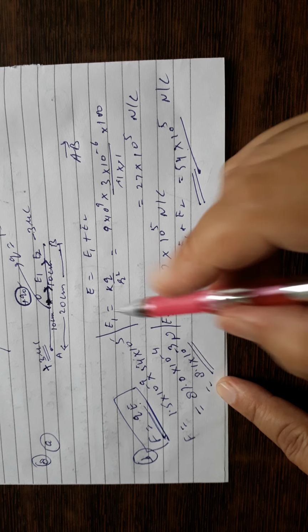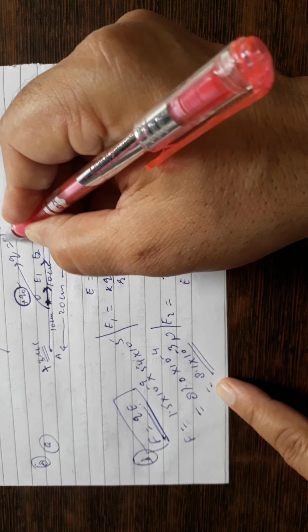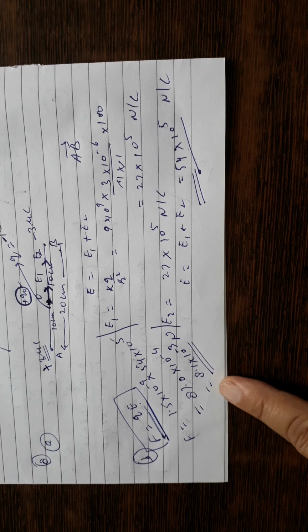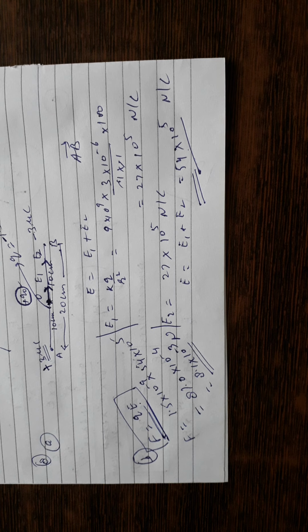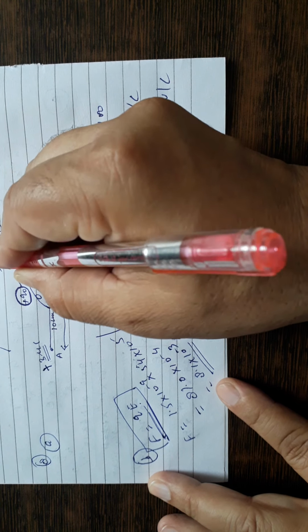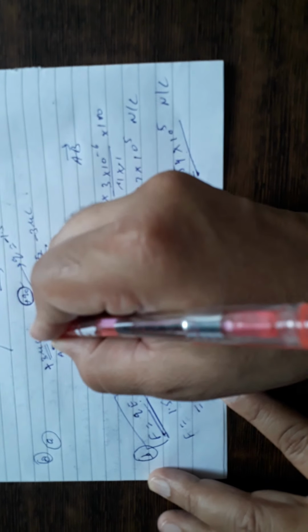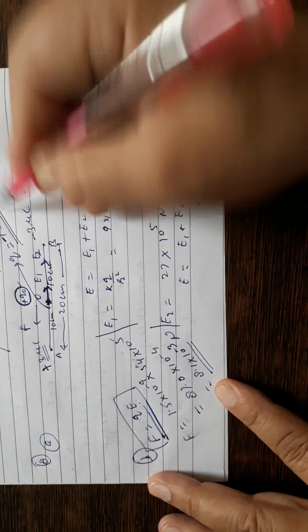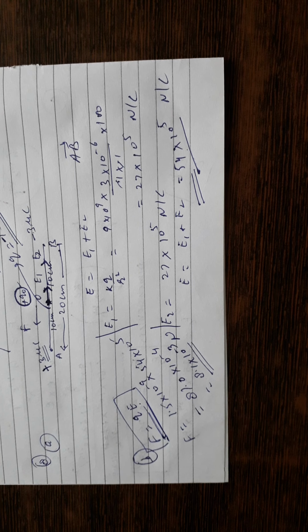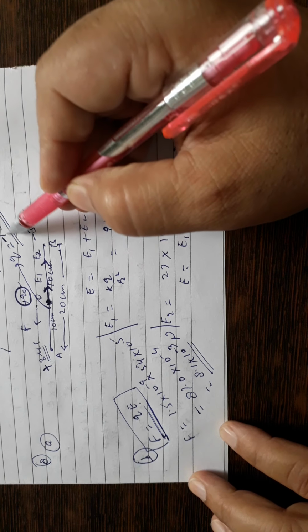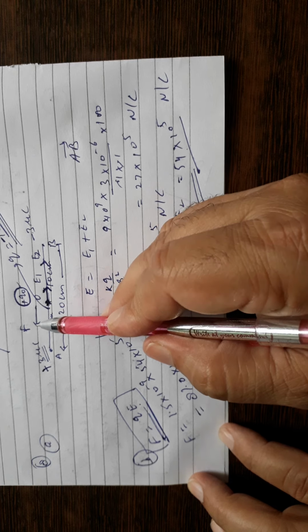Now the important point is, what is the direction of this force? Since this charge is negative, and students, please remember, very important result, force on negative charge in electric field is opposite to the direction. Total electric field is in this direction, so force will be opposite to it. Force on negative charge is opposite to the direction of electric field, and force on positive charge is in the direction of electric field. If there is a positive charge in a uniform electric field, then force will be in the direction of electric field. If there is a negative charge in uniform electric field, then force will be opposite. So since this charge is negative, the direction of force is opposite to the field.